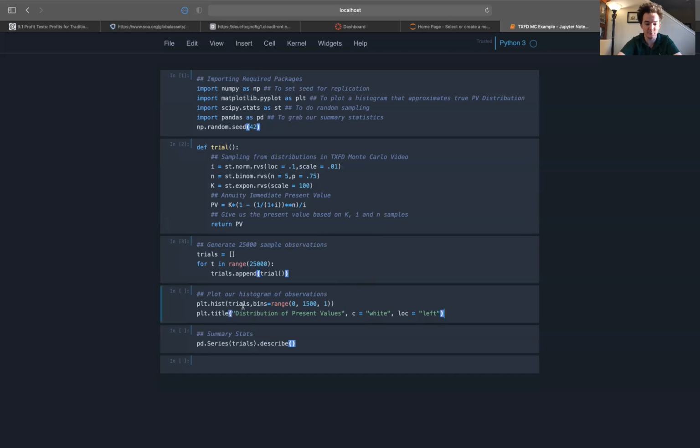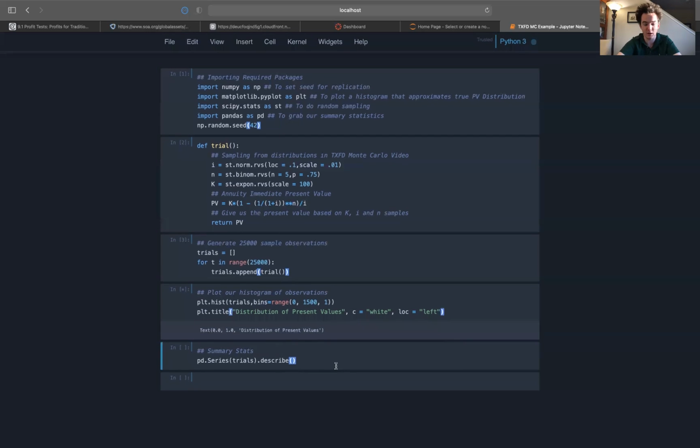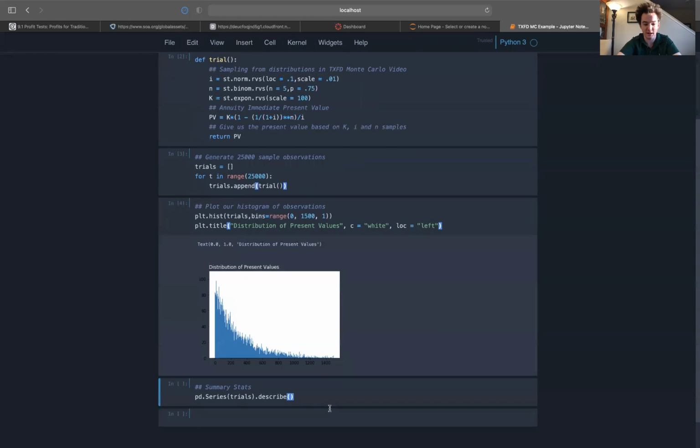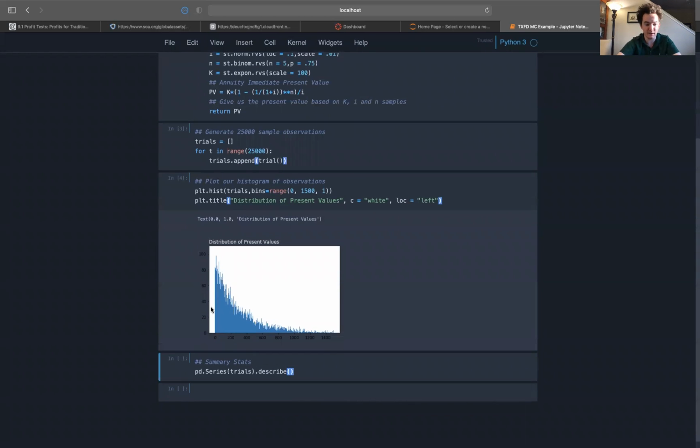at 1500. And the bins are just the bins on our histogram. So they span the range from 0 to 1500, and each bin width is 1. And we're just going to plot our trials in those bins, and that's going to give us a visual of what our approximate probability density function looks like. So if you've had probability,